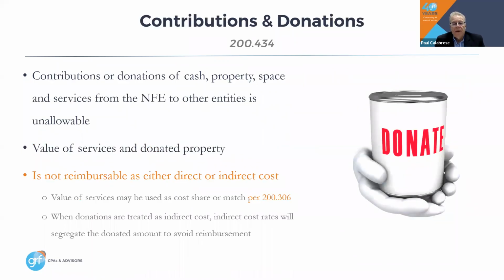Contributions and donations that you provide to other organizations certainly are unallowable. And also, when you get in-kinds, whether it be direct or indirect, if it's indirect, it must be removed from the pool and it's unallowable. If it's a direct cost in kind, it stays in the allocation base because the way it works under modified or any other base is that unallowables remain in the base and receive their share of the indirect cost, but they're not.